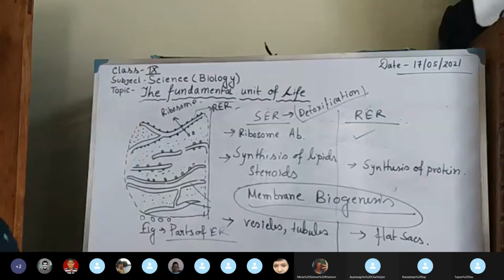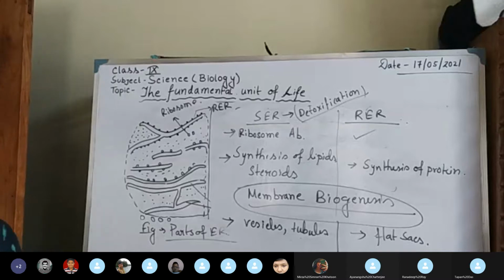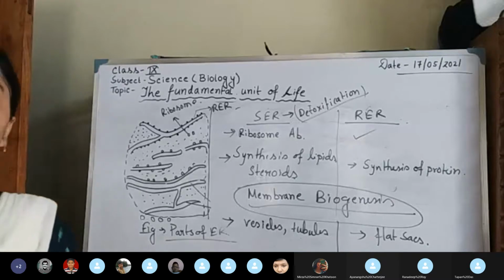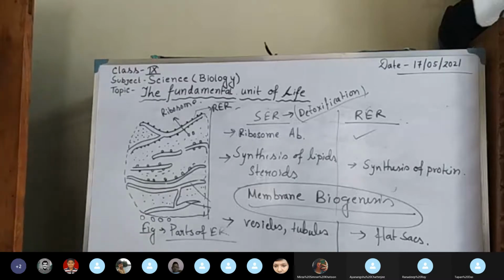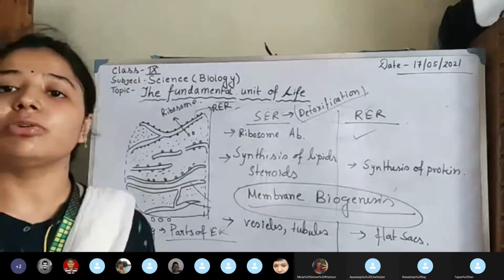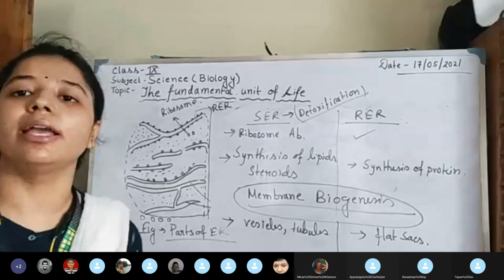So I hope you understood endoplasmic reticulum. I have already mentioned its different functions, including protein synthesis and lipid synthesis. Then transport, intercellular and intracellular transport, then it gives internal support to the cytoplasm. And the next function is that in vertebrates, smooth endoplasmic reticulum of liver cells takes part in detoxifying many poisons and drugs in the liver. So here we have discussed the organelle known as endoplasmic reticulum. In the next step, we will discuss the Golgi body or Golgi apparatus.